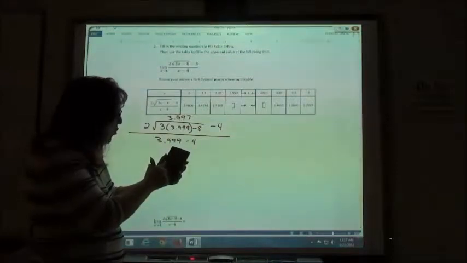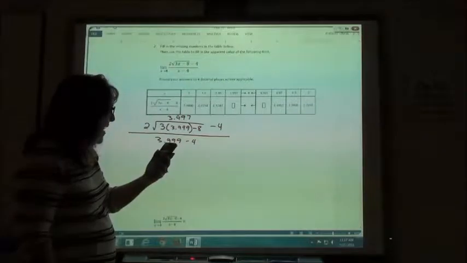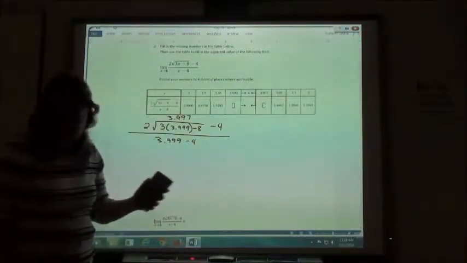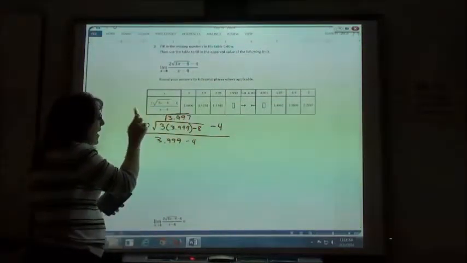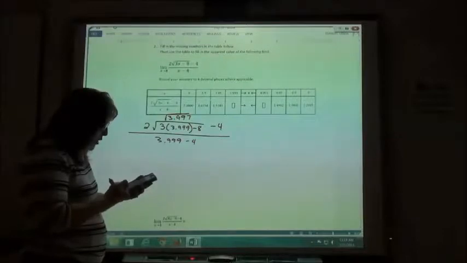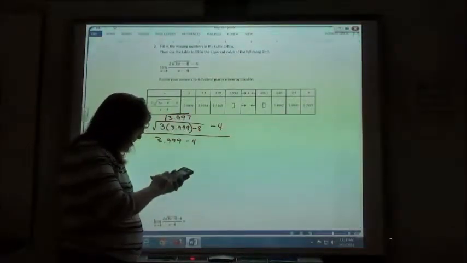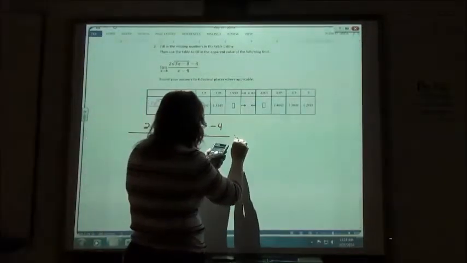So I can hit square root of the answer, and it gives me 1.999249859. 1.999 and a bunch of other stuff. Now after I take the square root of this number, I have to times 2. So times 2 gives me 3.998 minus my 4, equals again. So I get negative